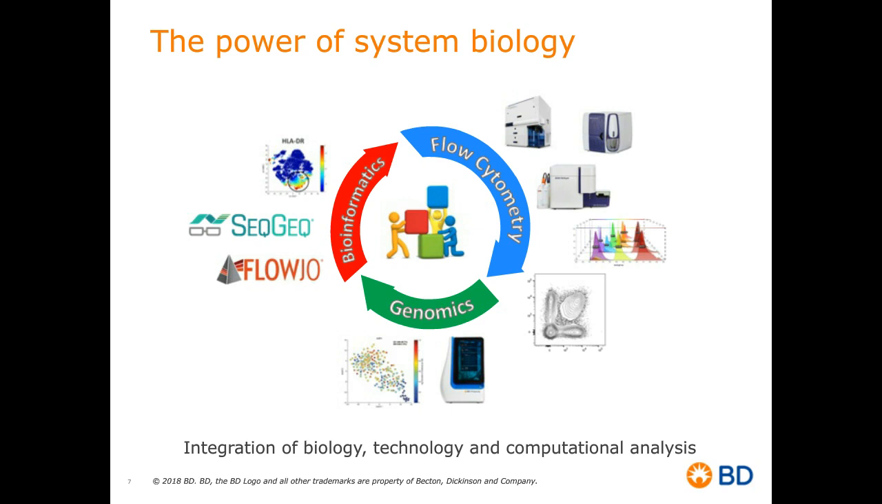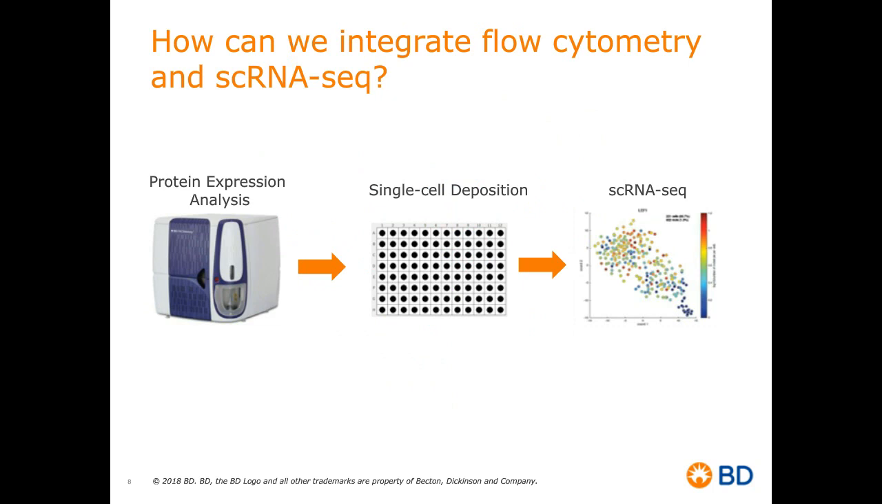How can we integrate flow cytometry and single-cell RNA-Seq then? So let's start from the workflow that we described before. We analyze our sample by flow cytometry. We identify a population of interest. We can now sort that population and perform a single cell deposition into, in this case, a multi-well plate, and the cells that have been deposited in the plate would be taken for a downstream genomic application in